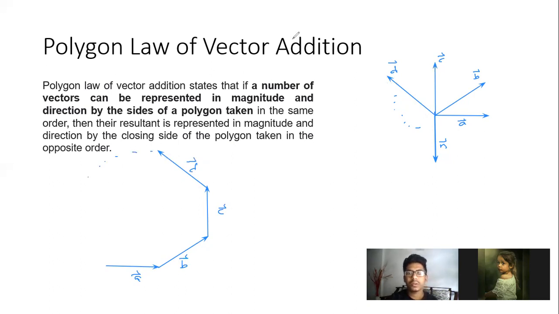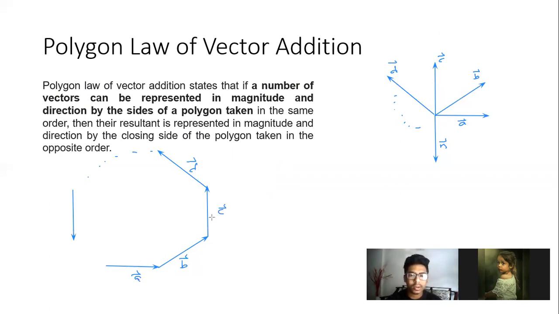And finally, I draw the vector N, which let's say is somewhere down here. Okay, so in the same order, the resultant is represented in magnitude and direction by the closing side of the polygon,